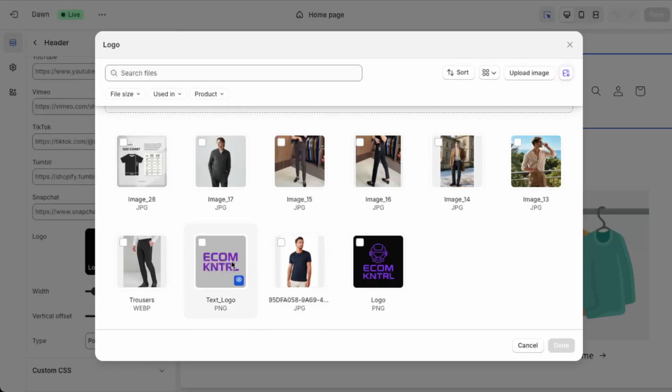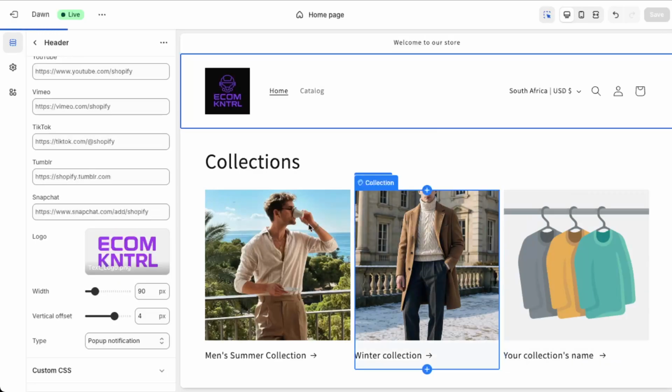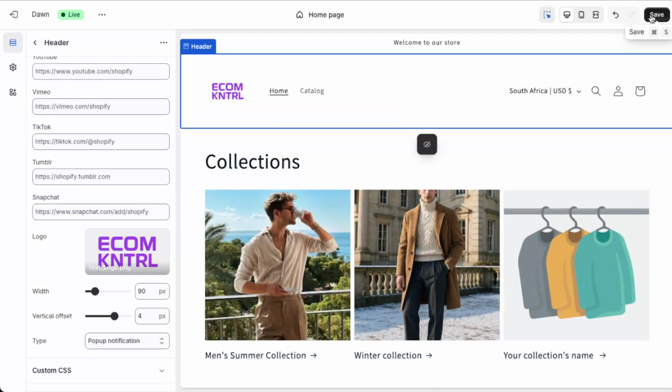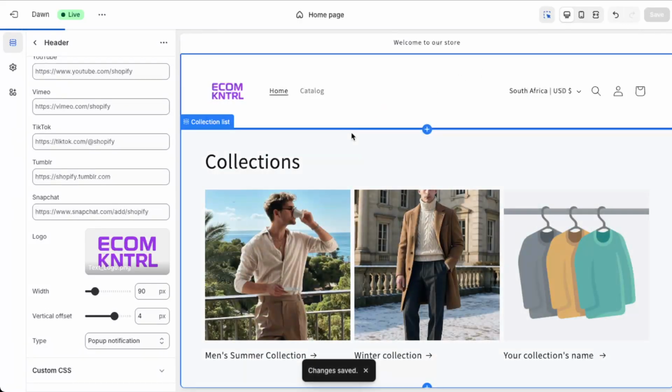This will open your Shopify file library, which includes all the images and files you've already uploaded. If your new logo is already there, simply click on it to select it. If you haven't uploaded it yet, click on Add Files, locate the logo file on your computer, upload it, and then select it from the library. After you've chosen your new logo, click on Done to confirm your selection. Finally, don't forget to save your changes in the theme editor. Once saved,